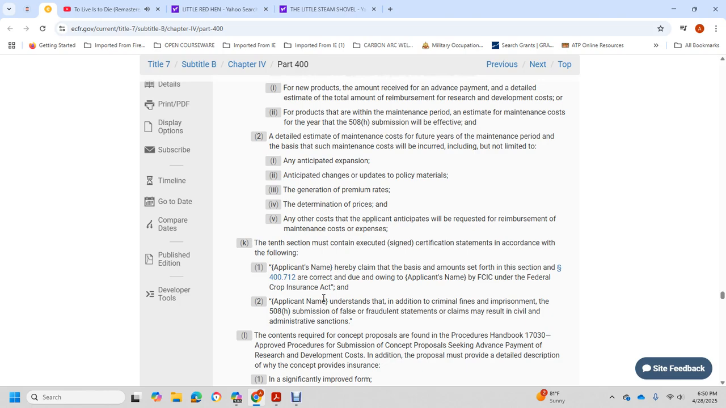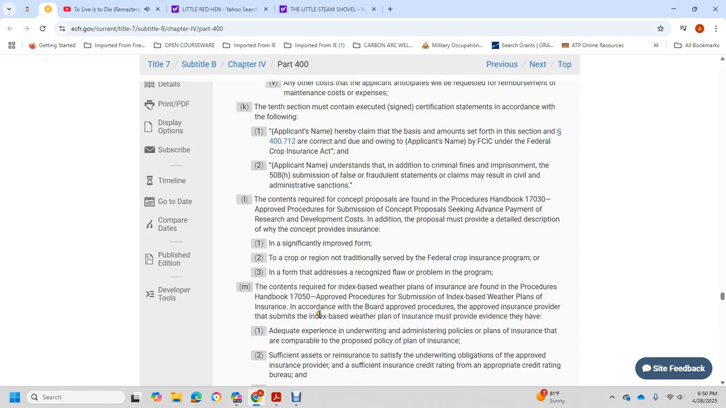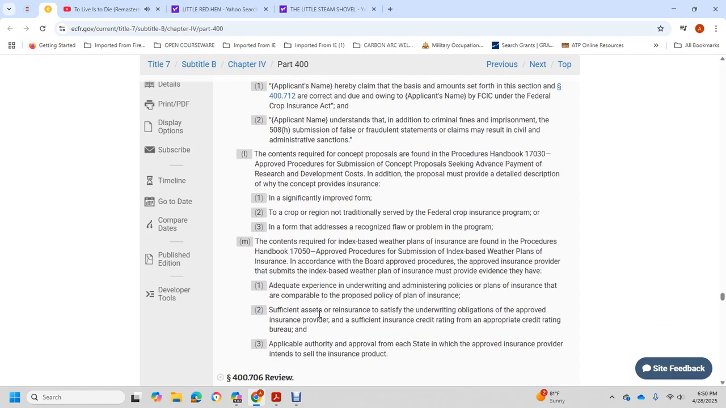Contents required for the concept proposal to proceed with the 17003 with the approve of the submission of the concept of the proposal seeking advisement with the placement of the research, the development cost, and addition of the proposal that must provide a detailed description and why the concept of the provided insurance is insufficient, improve with the form of the incompetent region with the traditional serve of the Federal Crop Insurance Program, then form with the direct with the recognized flaw of the program, the concept of the required with the re-indict with the reservation with the fee, their plan, and trim with the form with the procedure with the handbook 1705